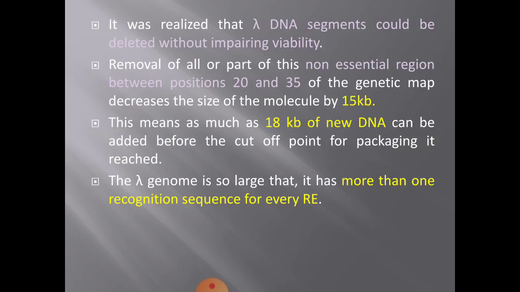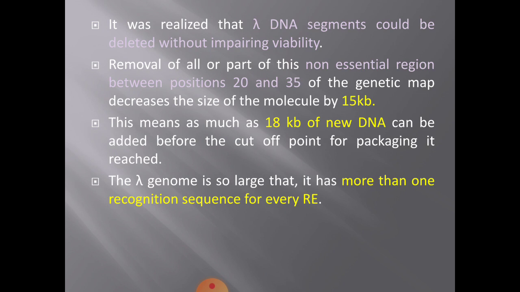So, here you will get around 15 kb, and as such you can add 3 kb. That means as much as 18 kb of new DNA can be added, okay,